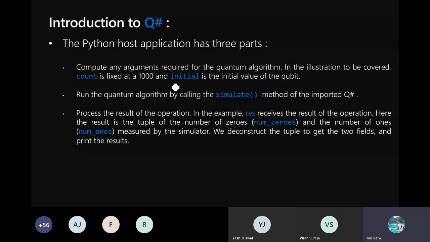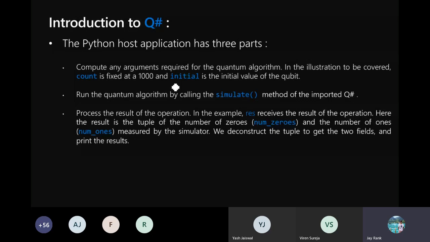The quantum algorithm is run by calling the simulate method, which will incorporate all the operations written in the Q# language. All the operations written inside the simulate method will be running in parallel instead of running piecewise.